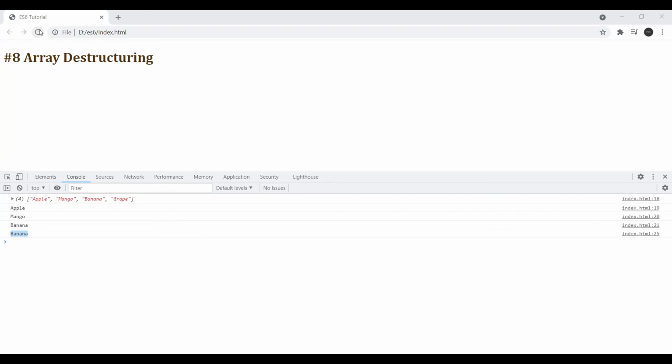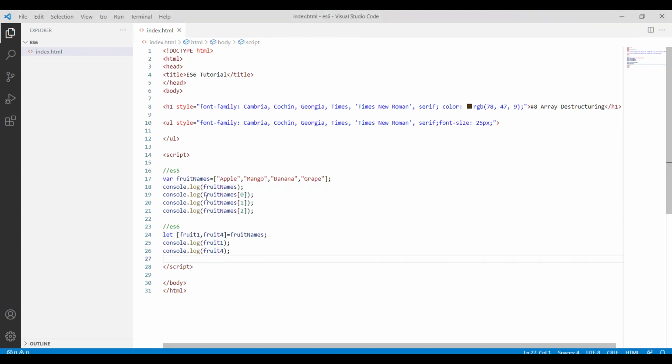If I refresh here, let me clear the console first. Now let's check: apple and mango. So this is the first position and this is the second position, but I want to print apple and grape.